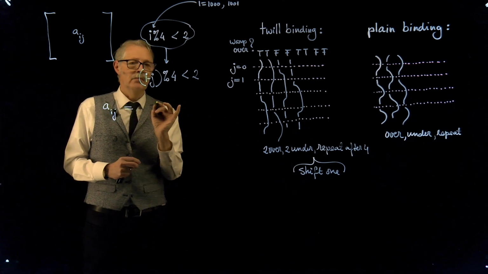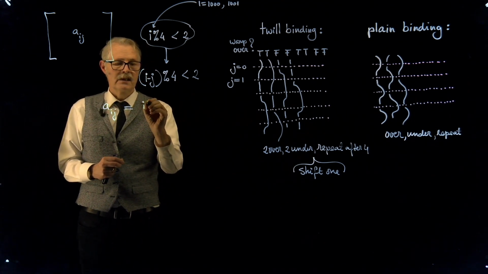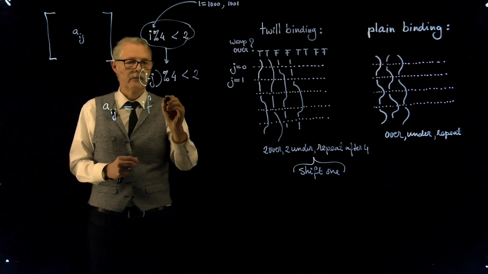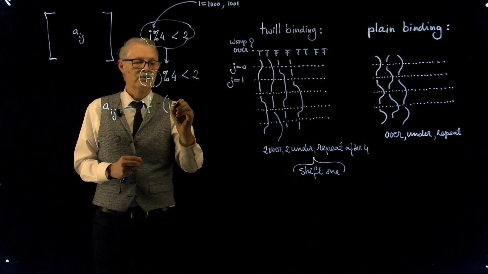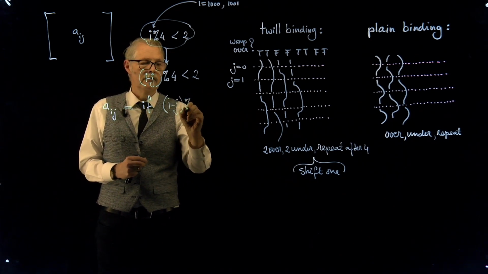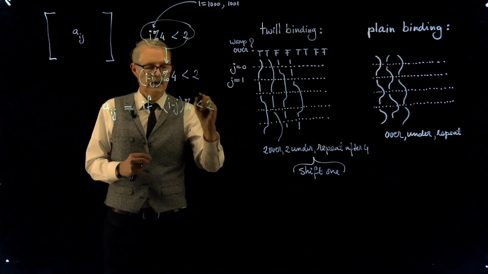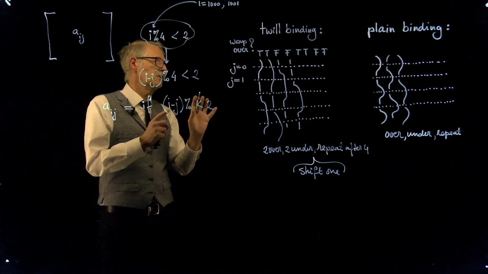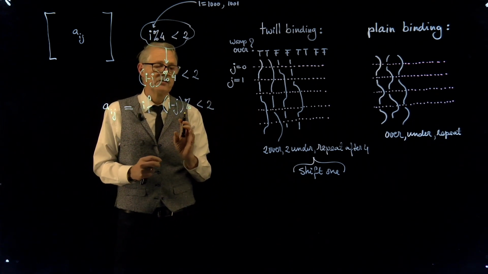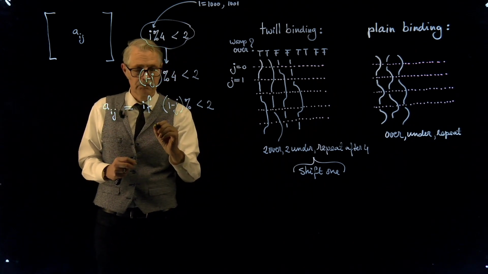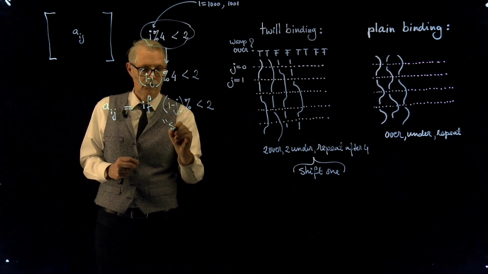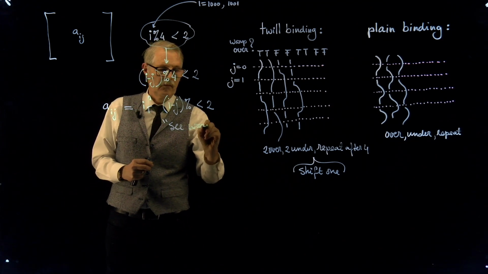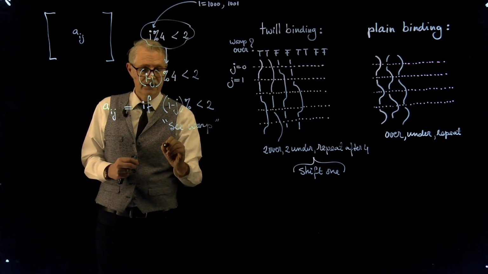Depending on the binding, you could say it like this: if i minus j modulo 4 less than 2, then the warp is on top, so we see the warp. Else